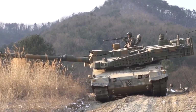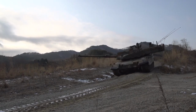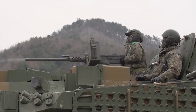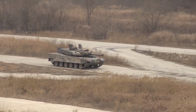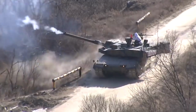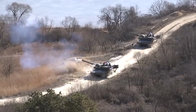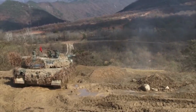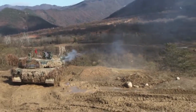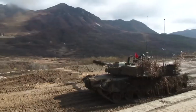This tank uses composite armor of undisclosed type and explosive reactive armor modules. It is claimed that the front armor withstands direct hits from 120mm tank rounds fired from L55 guns. Its protection level is broadly similar to that of the M1A2 Abrams, considering that the K2 is much lighter. The Black Panther tank is also complete with an active protection system and countermeasure system that further increase its survivability on the battlefront. This new South Korean tank is armed with the latest German 120mm L55 gun, similar to that